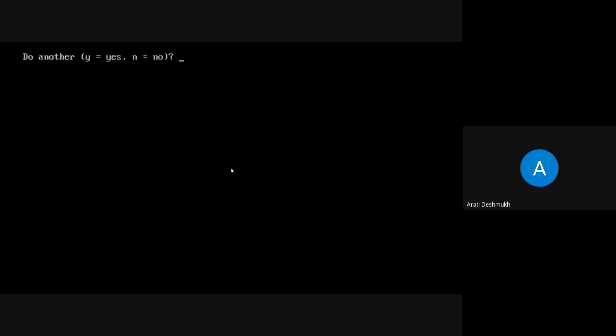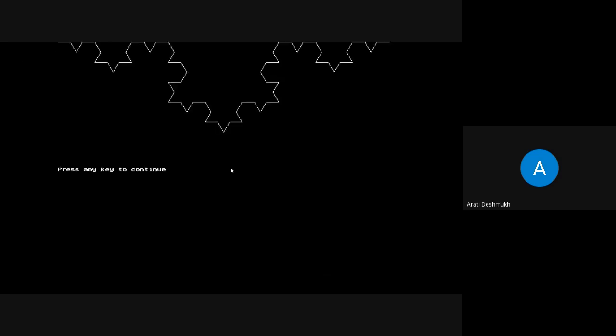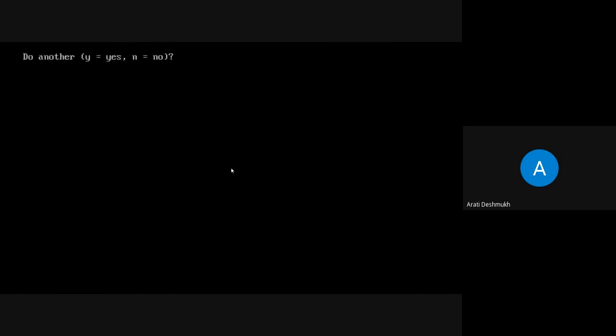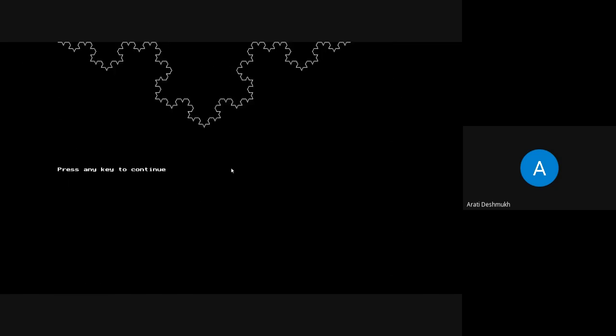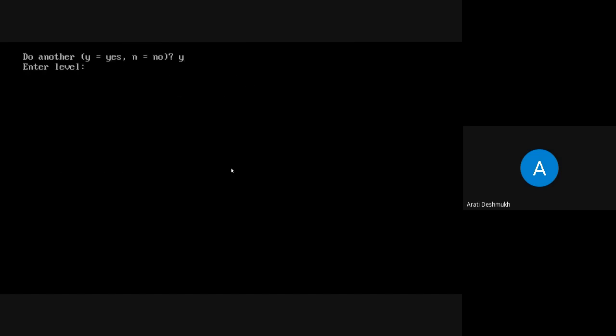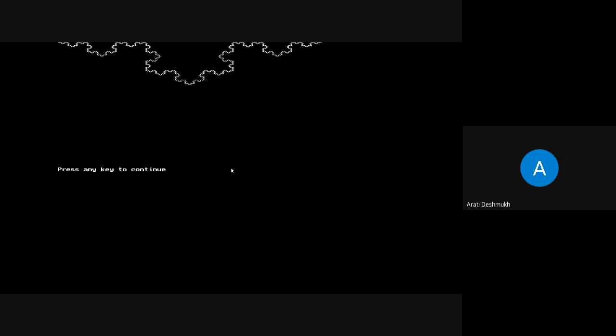So same like that, again we divide this. Yes, there is a level 3. This is the next division. Again, we can divide it. So there is, yes, level 4. So it is divided like this, and it becomes like this. So it is like this. It is a Koch curve.